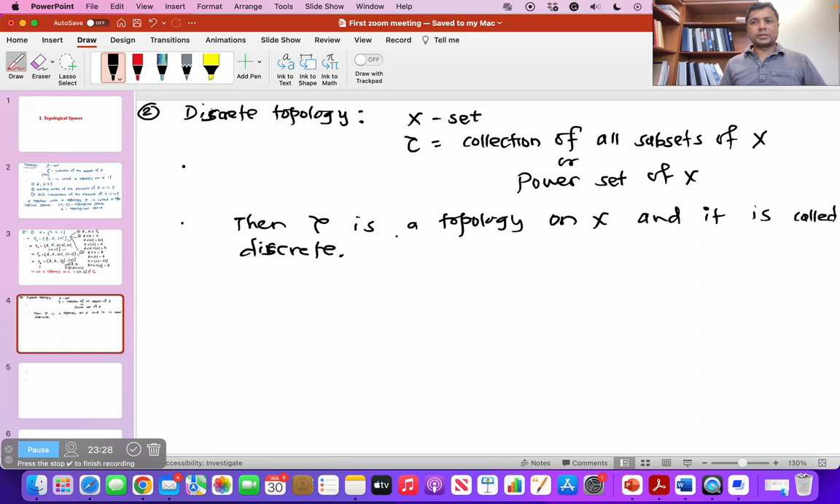Let me give you one particular example. So maybe it is an example inside the example. Discrete topology is an example of a topology, and I'm giving you one particular example of the discrete topology. Now let's say X is the set whose elements are 1 and 2. Then the discrete topology